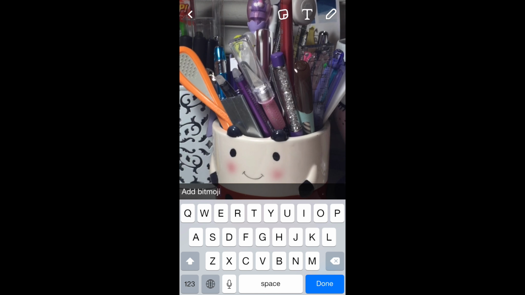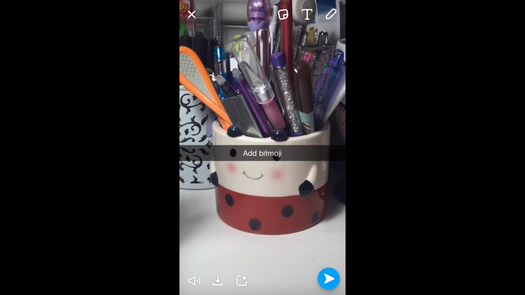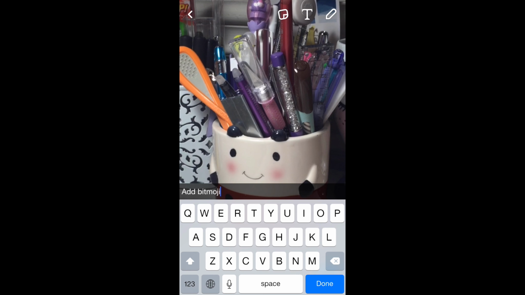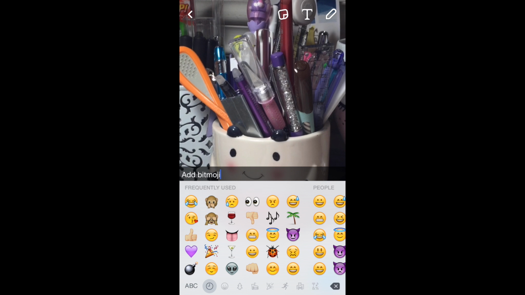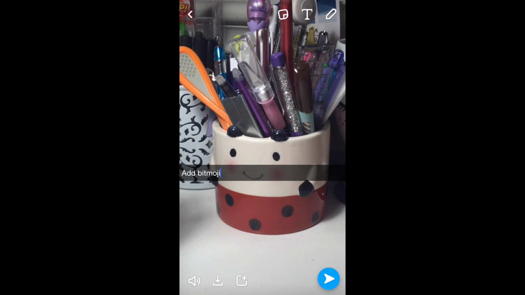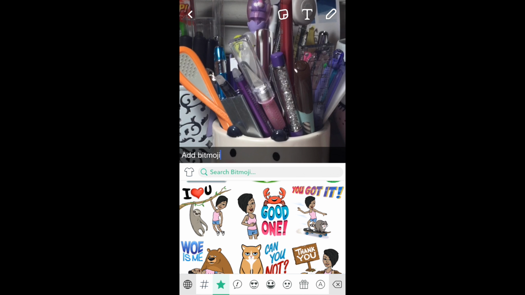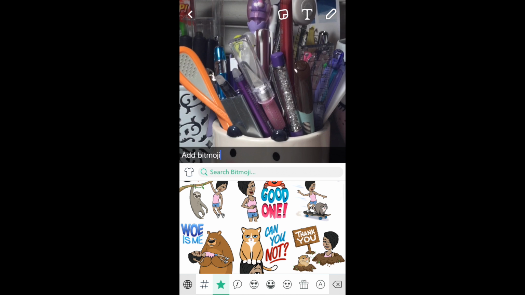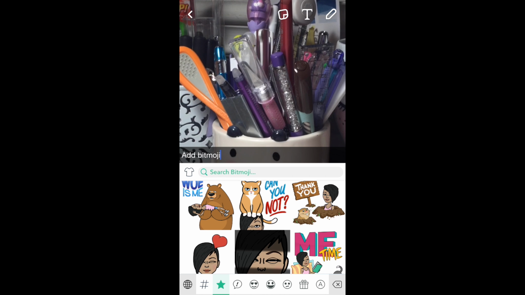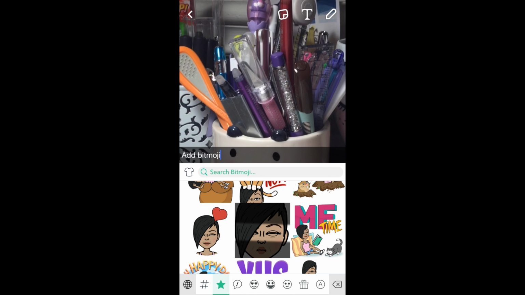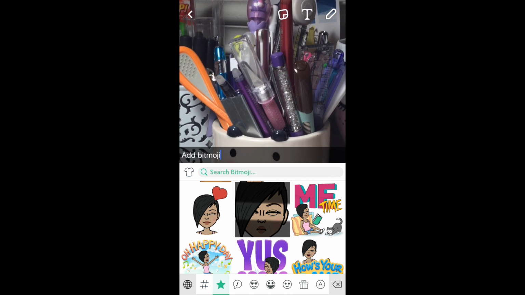Now, one more fun thing that you can add is a thing called Bitmoji. Bitmoji is actually an app that you have to download, then you have to enable it in your keyboards. But it allows you to make your own little character. So what you do is, in your text box, you would go ahead and click the circle with the grid on the lower left, and that'll open up all of your Bitmojis. Then you choose which one you want, click it, and it's going to go ahead and paste it to your clipboard. Once it's pasted to your clipboard, then paste it into your text box, and it'll show up on your